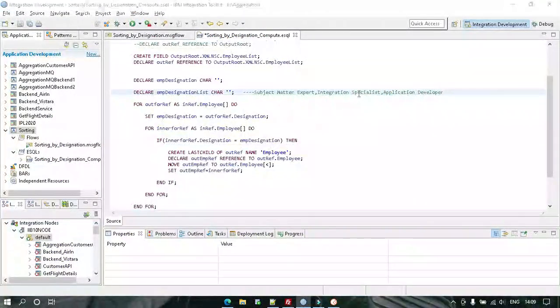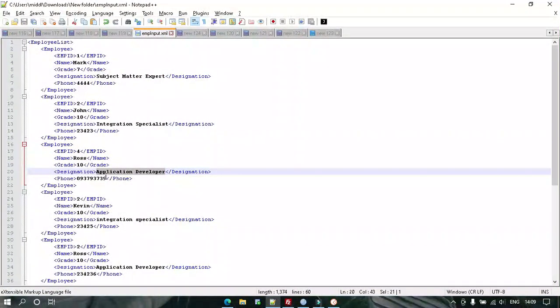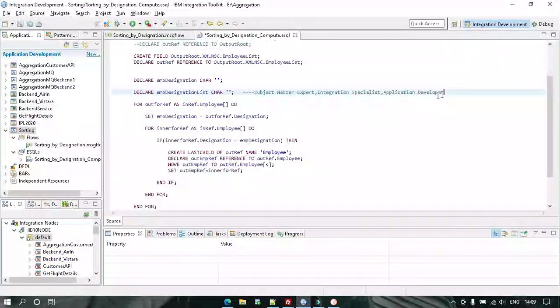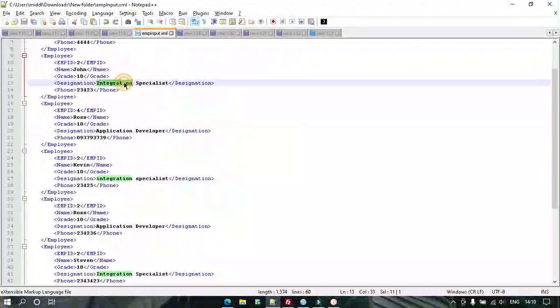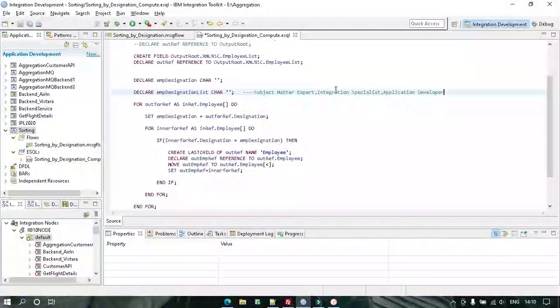This list will go on as the iteration progresses, separated by comma. Now I'll put a check if the designation which we are matching is present here or not. If it is already present, then don't create the output route, and this will rectify the duplicacy. So let's see how we can do it.